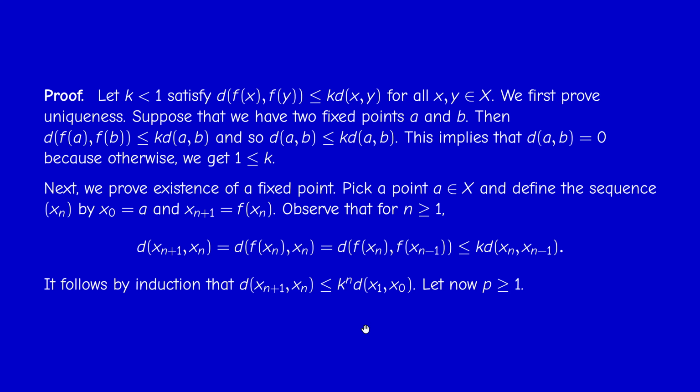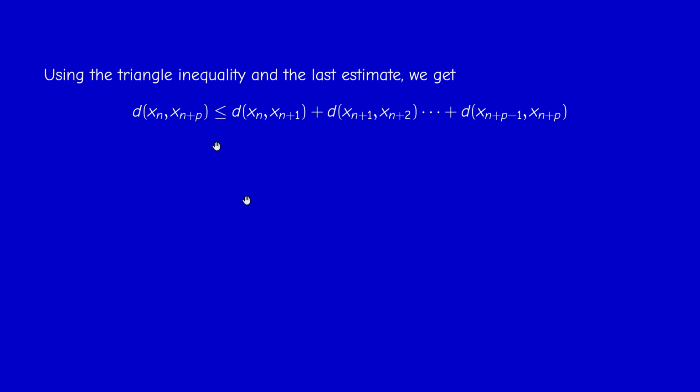So I need to prove another estimate actually, but I will build on this estimate. If you prove that the distance between xn and xn plus 1 tends to 0, this does not mean that xn is a Cauchy sequence or that it's convergent. You can give counterexamples. But now, to prove that it's a Cauchy sequence is easy,